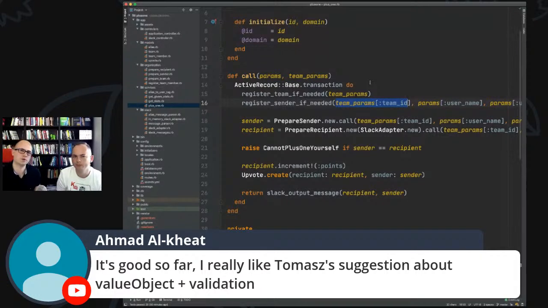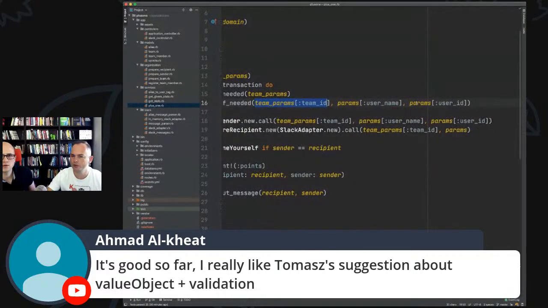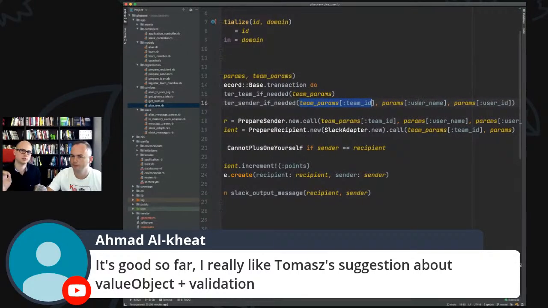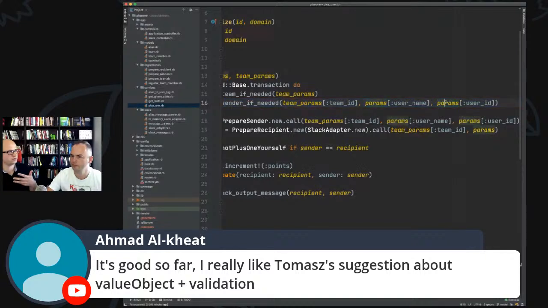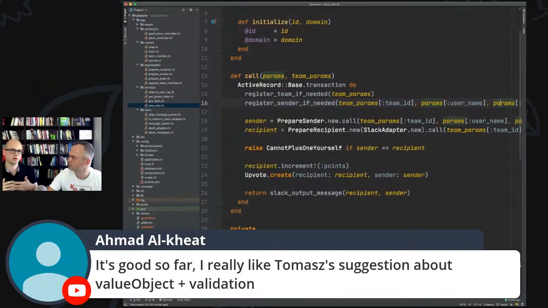Okay. So if you, for example, pass only team ID, like here, team ID, username, what's there? Could you scroll a bit here? There is team ID, username, and user ID. Exactly. If you just pass those three parameters, if you have a method and you have to pass those three parameters, then you are not connected to any structure of the list, array, map, whatever. You only get the parameters that you will need within this method, right? But then I'm not sure whether it's a good idea to pass those parameters, because then you can have, I know, a long list, 4, 5, 6. This is what was here before.